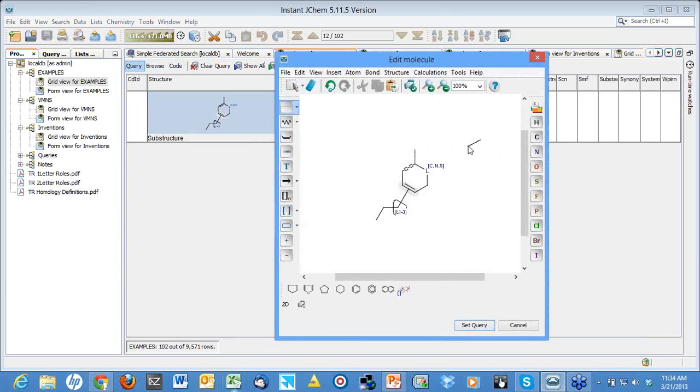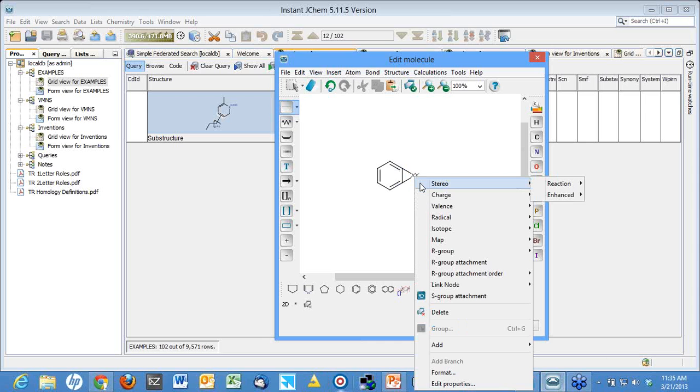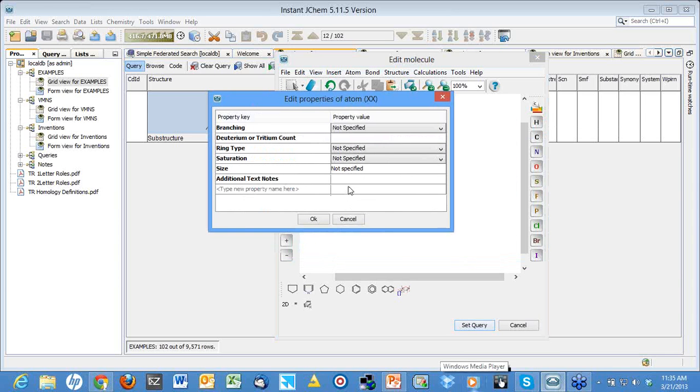Last example here, I mentioned that pseudo-atoms can also be created and used in the query. So for example, I can add here any type of atoms, and then even more, I can edit its property and add additional nodes. For example, I want the number of occurrences of nitrogen in the ring